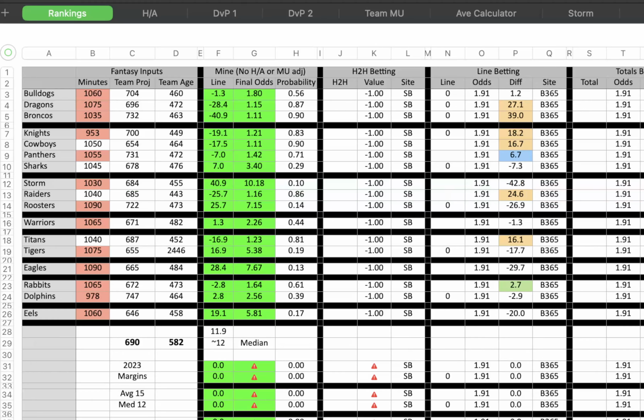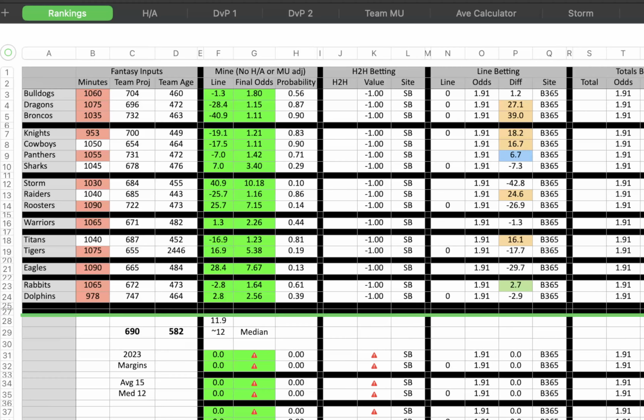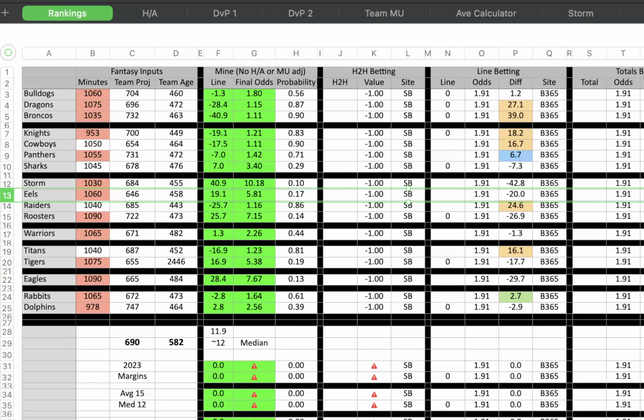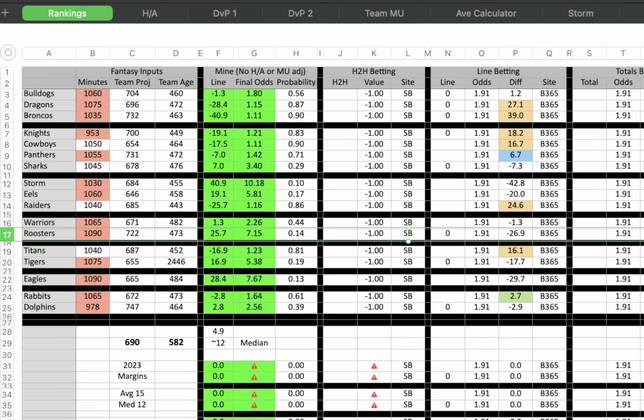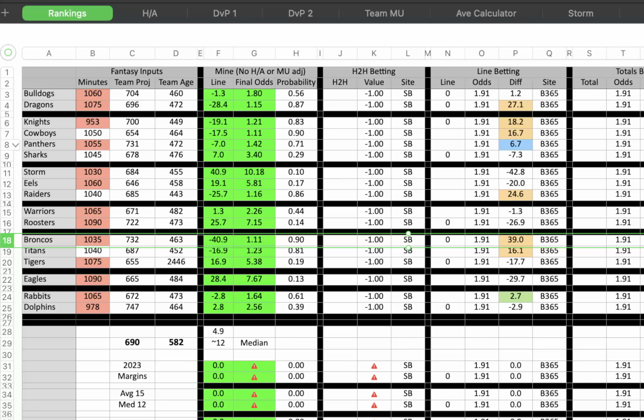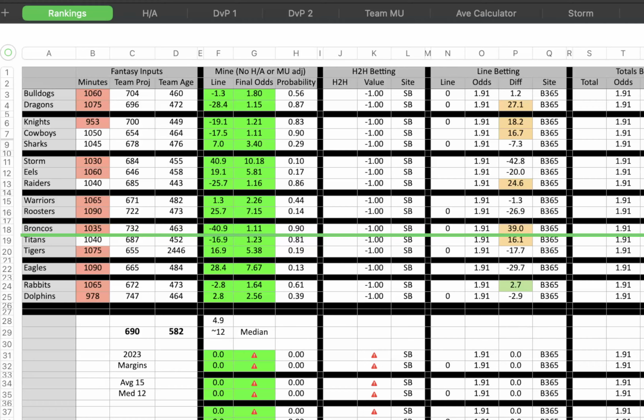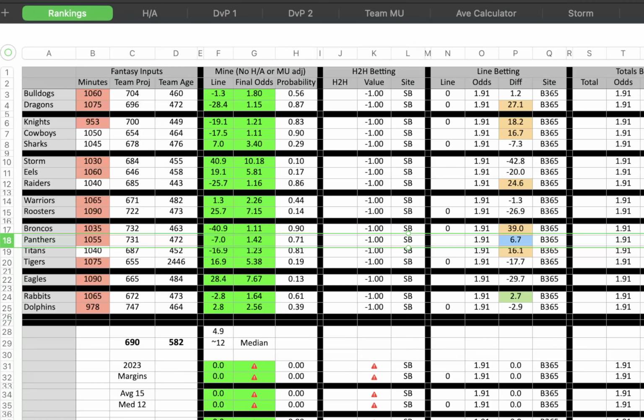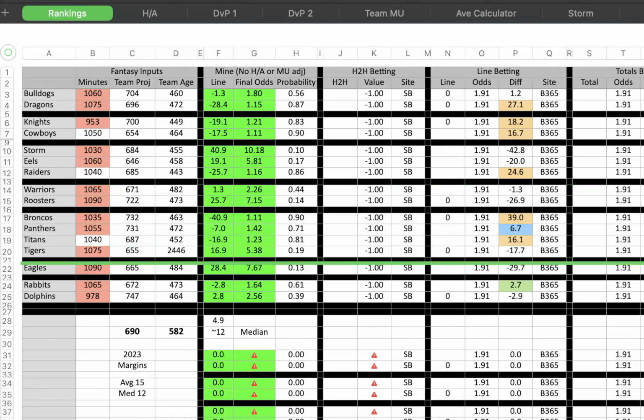The Storm and the Eels. The Warriors and the Roosters. The Broncos and the Panthers. The Sharks and the Titans.